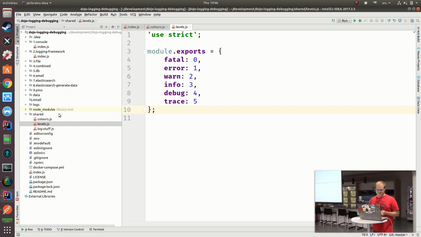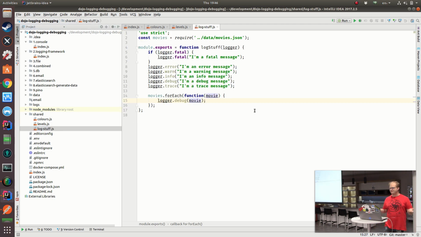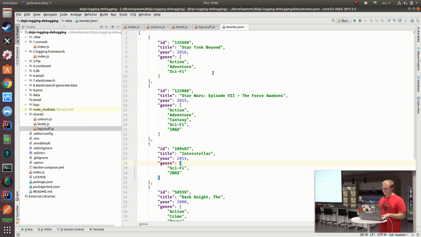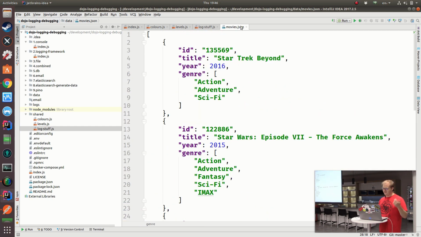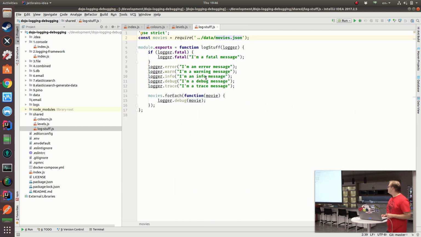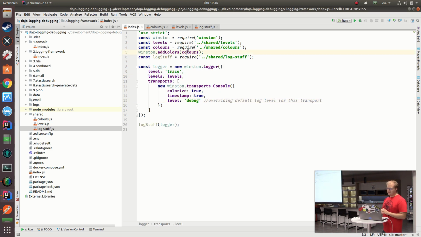And then I've got a simple file over here which is going to log some stuff for us. So we've got a movies.json file that we're just loading up, a fairly straightforward object, just to see how the different options are going to handle that. And we've got some strings over there with I'm a fatal or whatever the level happens to be at that point in time. So just going back over here, we will call Winston, we'll add the colors to it, and then we will set up the log levels,